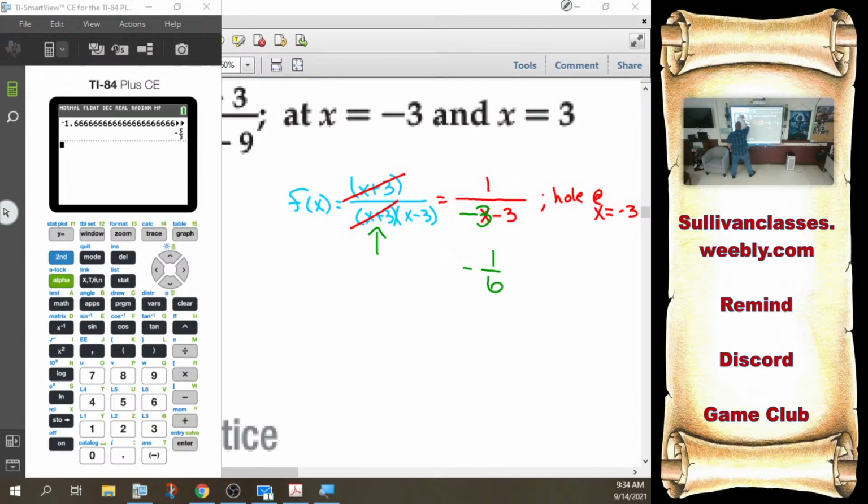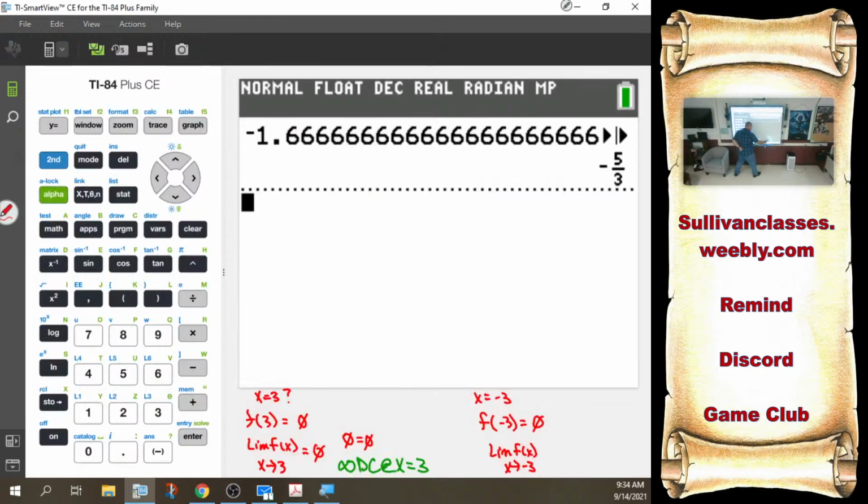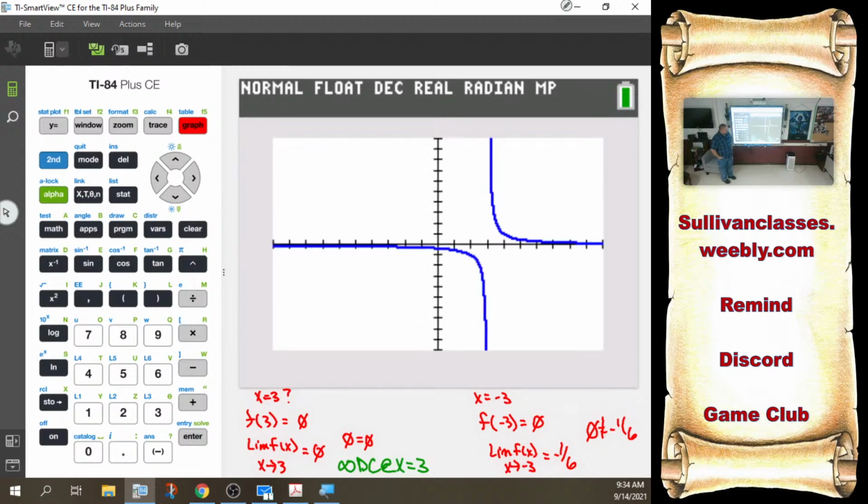So, my limit does indeed exist. It's negative 1/6. I see over and over and over every year, no matter how hard I stress this, kids who still just write that as does not exist. No. If there's a removable factor, plug whatever you're testing back into what's left over to find the limit. And then, ugly does not equal negative 1/6, so it still fails a test. It's still discontinuous, but what type of discontinuity is it?